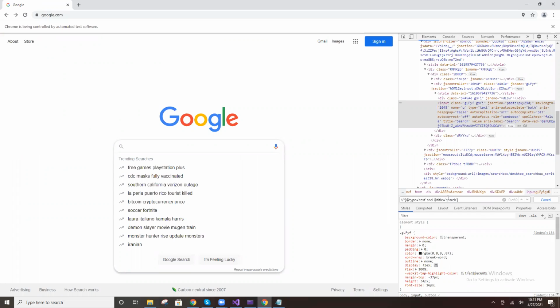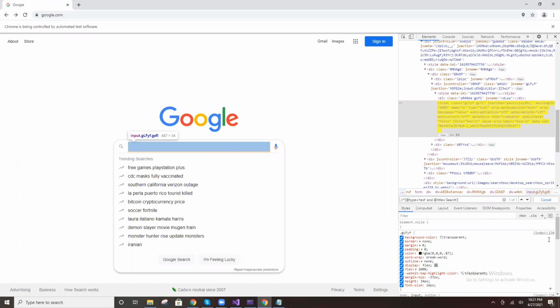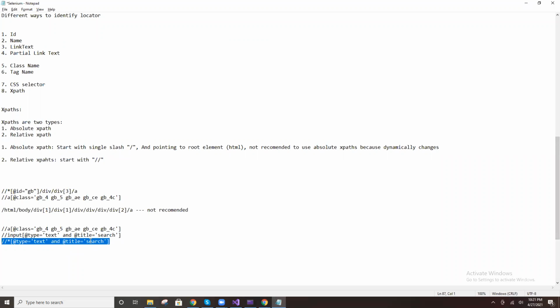Oh, search maybe capital. Yes, S will be capital. Instead of tag name, you can put star. Anything is fine.